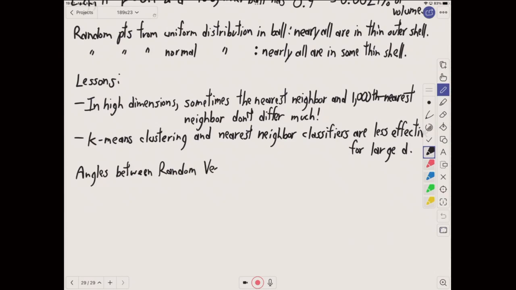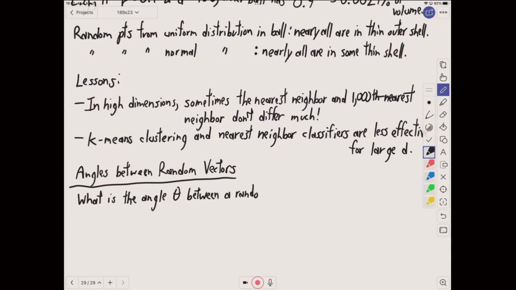Let's look at another aspect of vectors in high-dimensional spaces. Suppose you have a couple of random vectors and you want to measure the angle between them. I'm going to give you a slightly more general version of that question. What is the angle, let's call it theta, between a randomly chosen vector in d-dimensional space